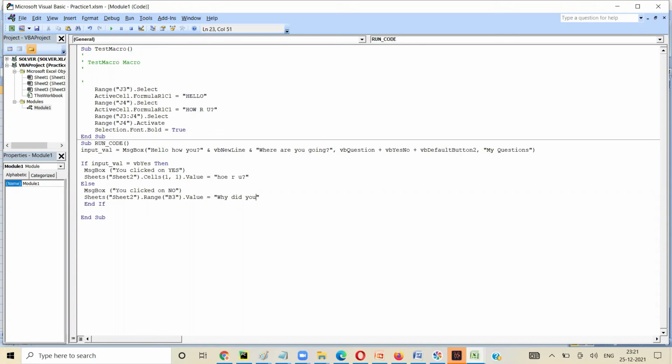why did you click no, for example, let's say. And what I'll do is, in Sheet2, let's say I do it again. Range B3 and B4. So I click on B4 and I say Value equal to, I'll copy this part from here.